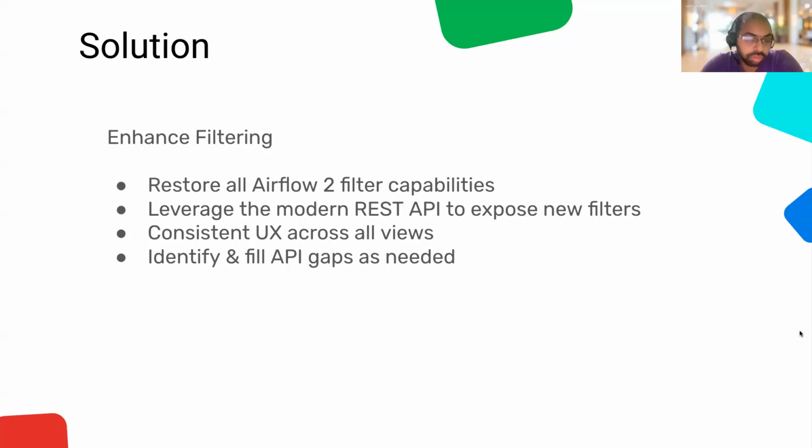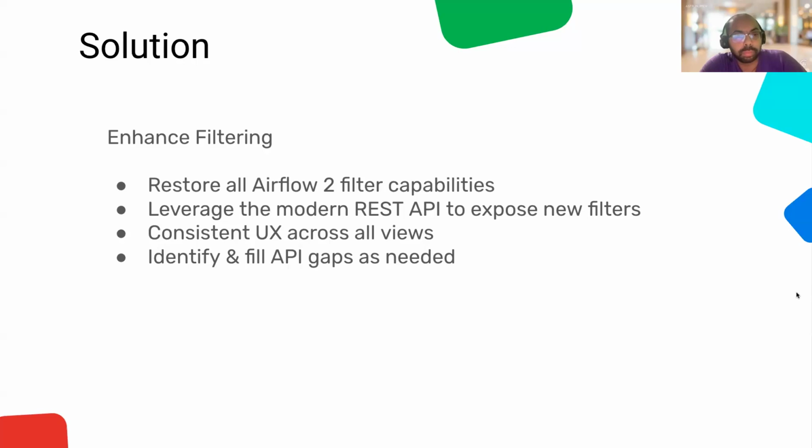From a development point of view, there are two places where we need to ensure that whatever filter capabilities we are trying to add, are they already covered in our backend in the REST APIs? And if not, then fill those gaps in and then also update with the UI implementation. One thing we are ensuring with this is that whatever screen we are working with, filters are consistent across all the views so that all the pages are consistent.